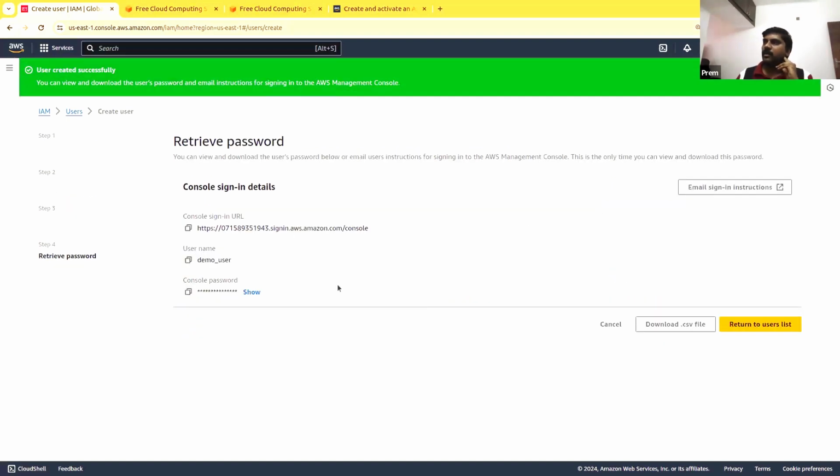It is giving me the username, and it tells me a password, so I can copy this password and give it to the user. The user can log in through this console. They should use this link to come in. So let's go and do that.